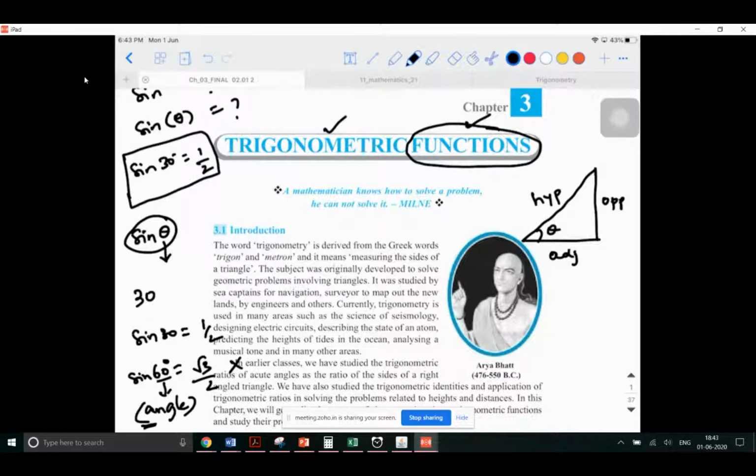So if I ask you, see, you would have learned different types of angles and all those things. Right angled, equilateral. Equilateral means you say it is 60 degrees. You would have learned different angles. But if I put a question like this, give me a definition for angle. What will you say? Sorry, I didn't get you. Just try. No, even if it is wrong, no harm in it.